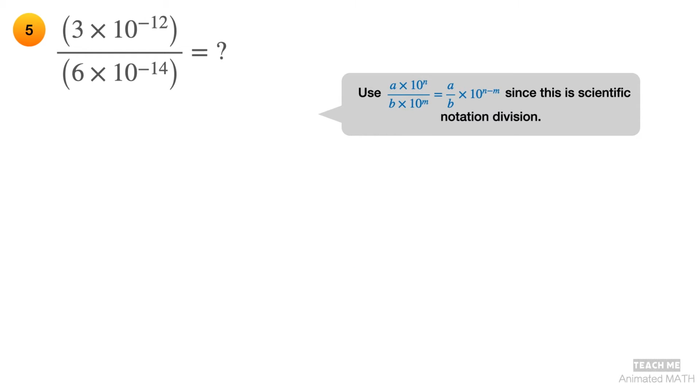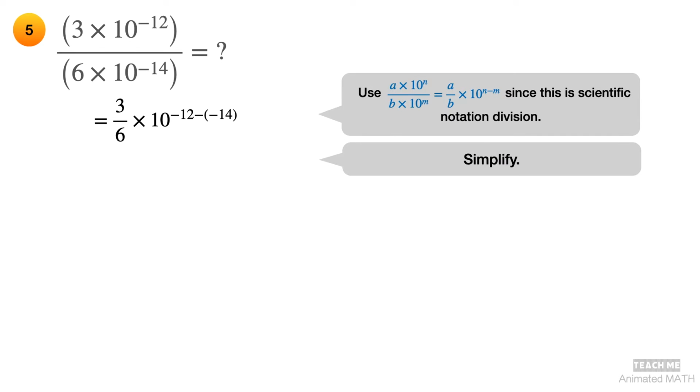This is another worksheet item involving division and scientific notation. Perform division for the coefficients and subtraction for the exponents. Be careful with subtraction though, because the exponents are negative. 3 divided by 6 is 0.5, and negative 12 minus negative 14 is just negative 12 plus 14. Simplifying it will give you 0.5 times 10